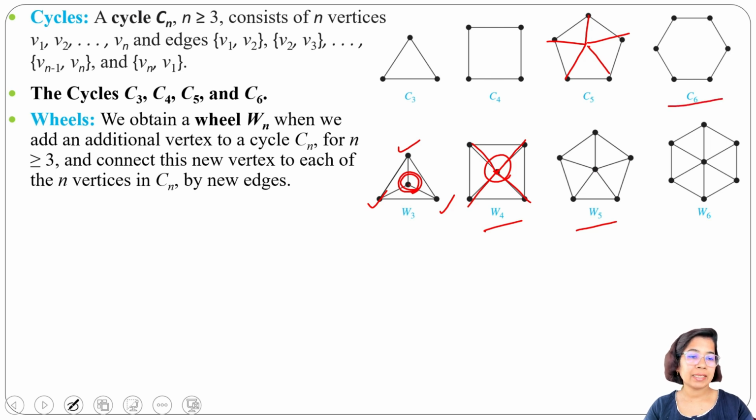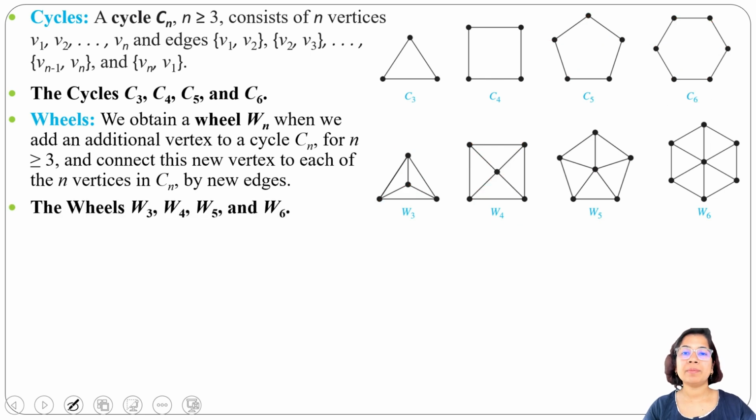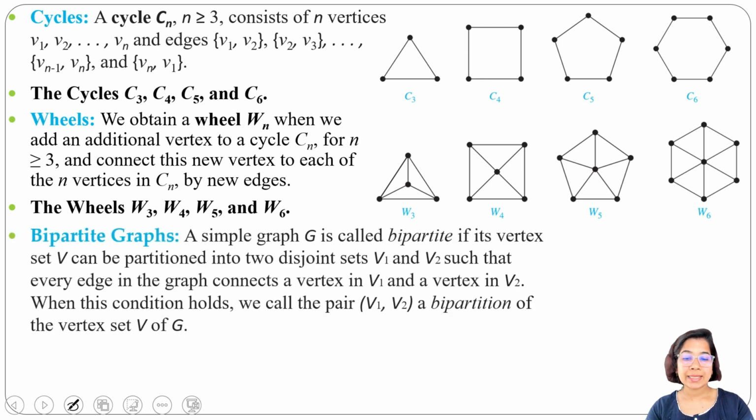So in C6, when we add a vertex in the center and add edges to every other vertex, we get wheel 6. Next is the bipartite graph. If we partition the set of vertices into 2 parts and there are edges between the 2 parts, then that is a bipartite graph. So a simple graph G is called bipartite if its vertex set V can be partitioned